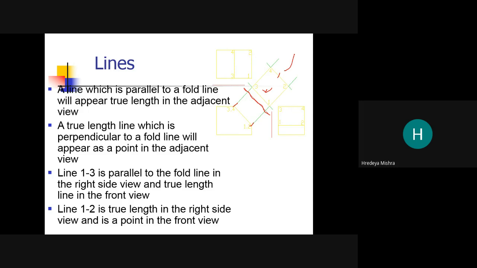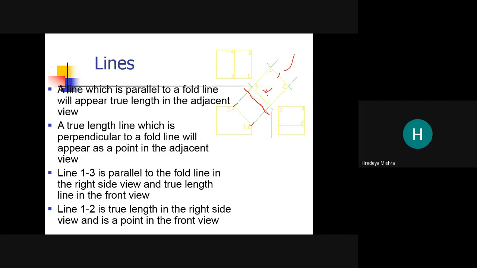A line which is perpendicular to a fold line will appear as a point, that we already discussed. Line 1 3 is parallel to the fold line 1 3, see here, parallel to the fold line, so it is true length in the right side view and true length in the front side view. Okay.